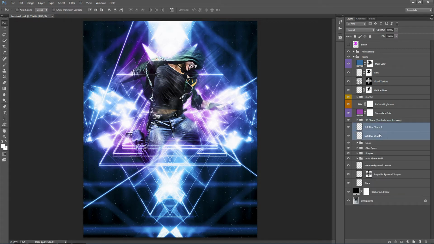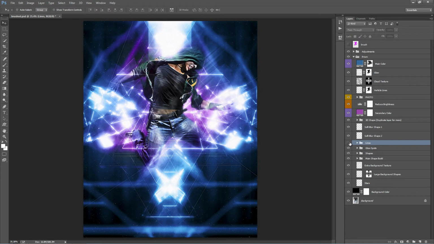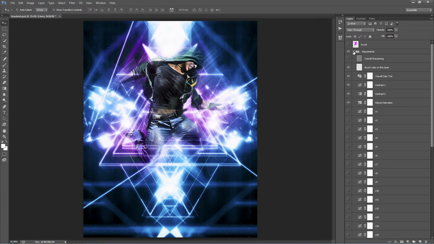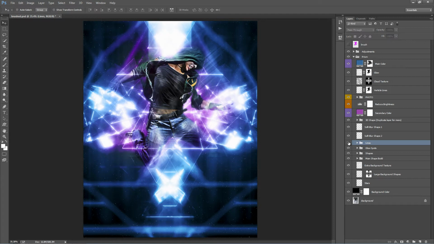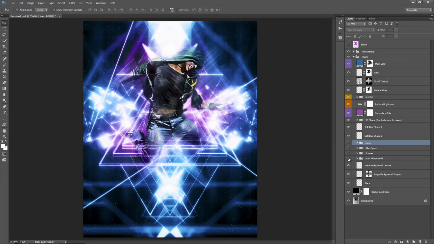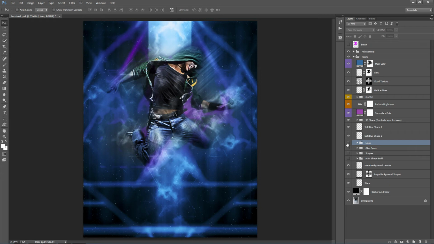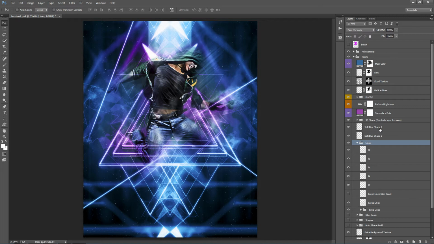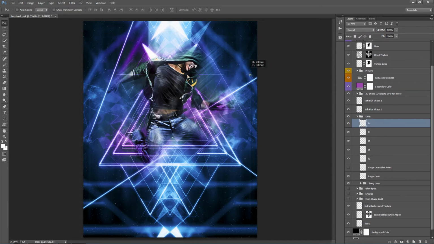Alright, so going down, there's these two layers here. They're just really soft atmospheric effects. You'll probably barely see them, but they're there. Okay, so lines folder. Actually, what I might do, just in the adjustments folder, I'll turn off the overall sharpening, and we'll go back down. I'll just turn off these 4 folders so we can see a bit clearer what's going on. Okay, so here's our lines folder, and if you go inside, we have a handful of different layers